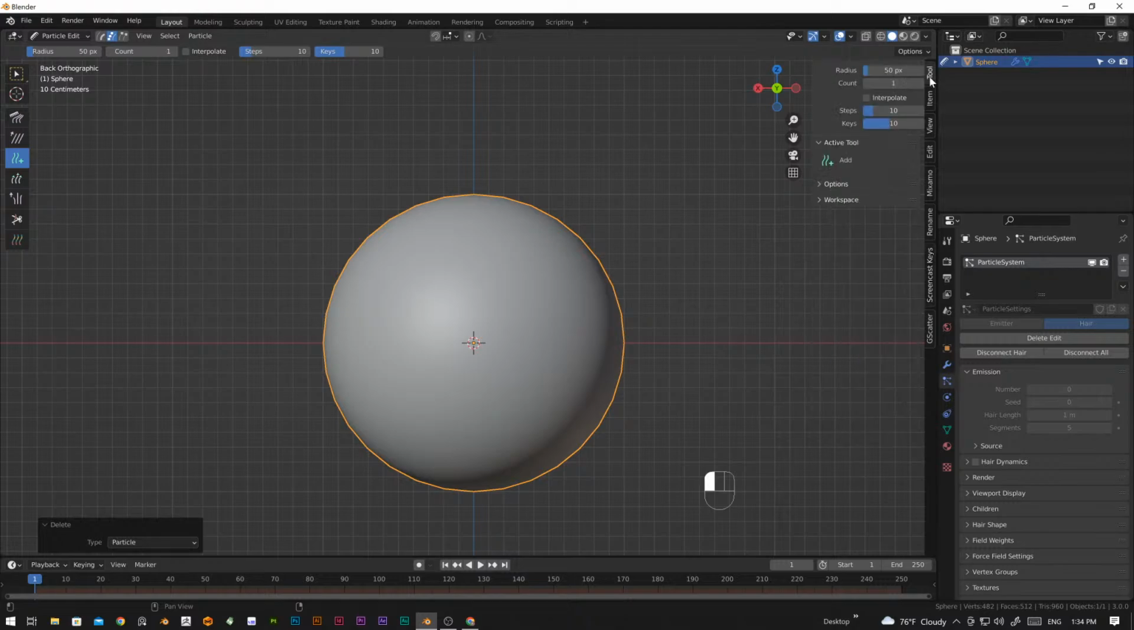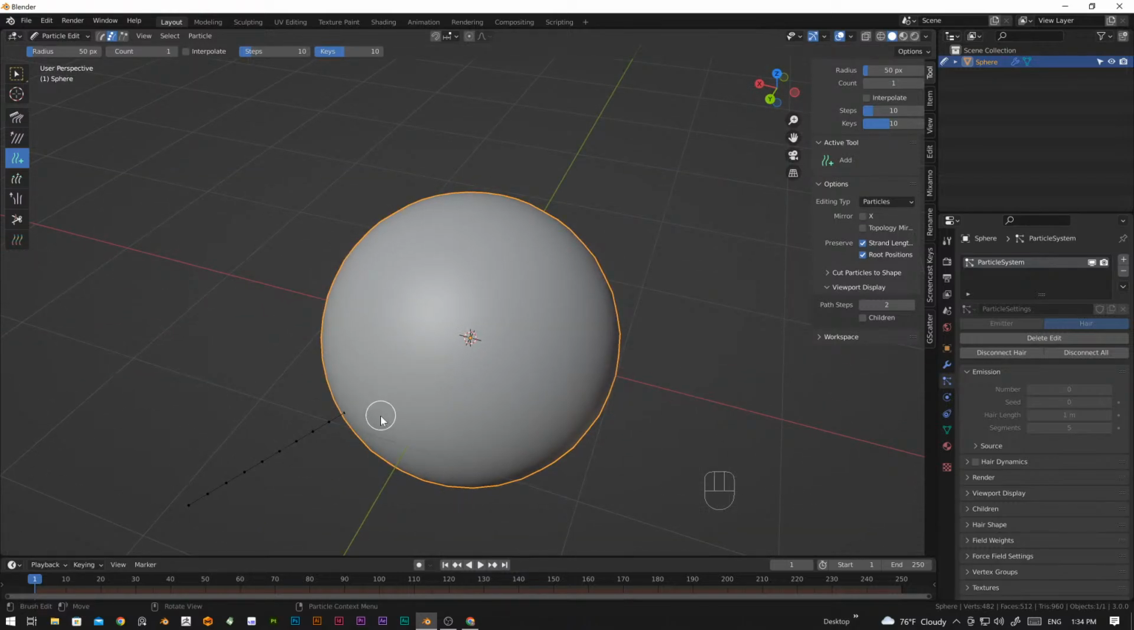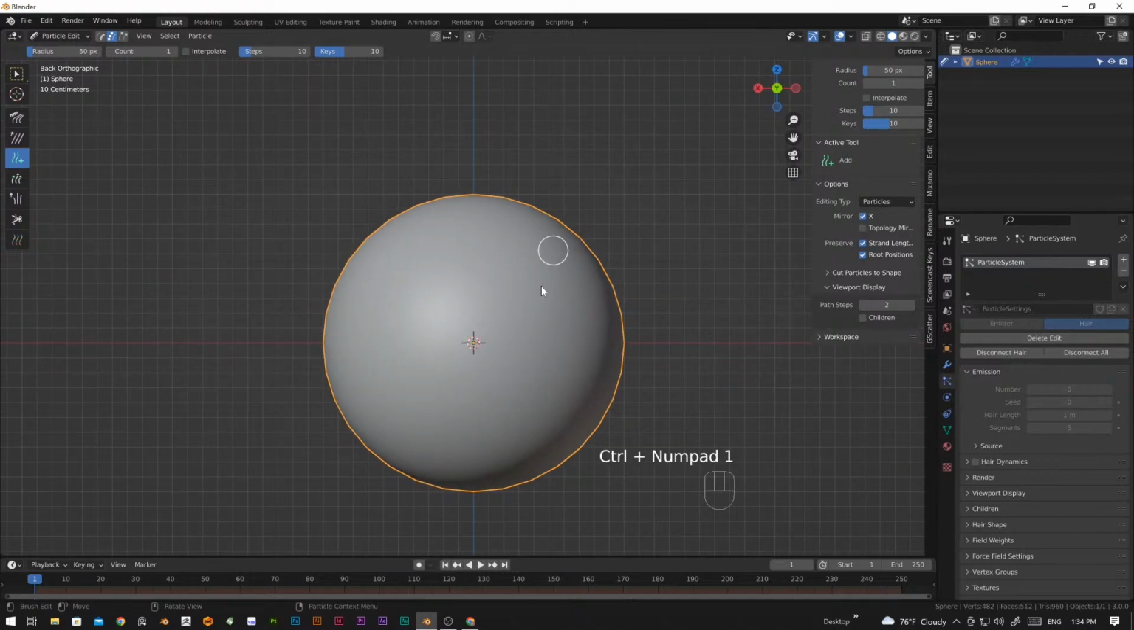So go to Tool, and below the active tool, click on Options. Here we are able to do mirror. Right now it only shows on the one side, but if we mirror it, it will add the hair on the other side automatically. So now let's start adding hair from the back. Maybe about this much is good. Let's add the hair by left clicking,